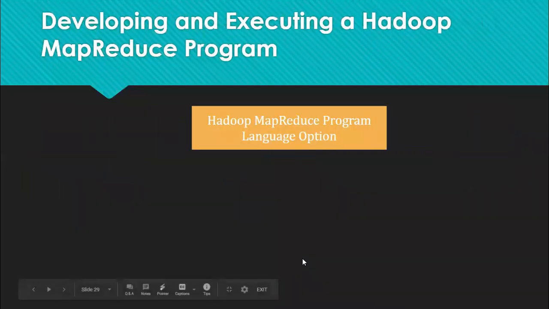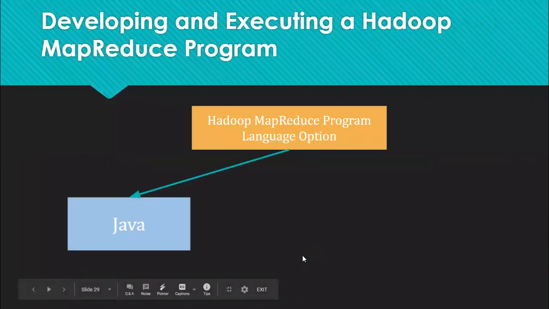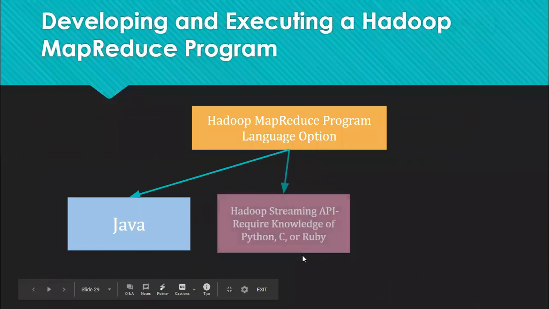Now, how do we write a MapReduce program in Hadoop? What are the different language options available to write a program? The very first option is Java, which is the most popular language generally used to write MapReduce or Hadoop code. Apart from Java, you can use the Hadoop Streaming API, which requires knowledge of Python, C, or Ruby.